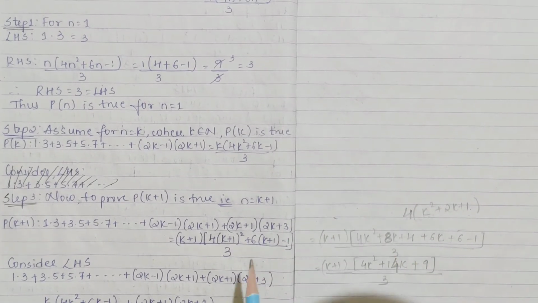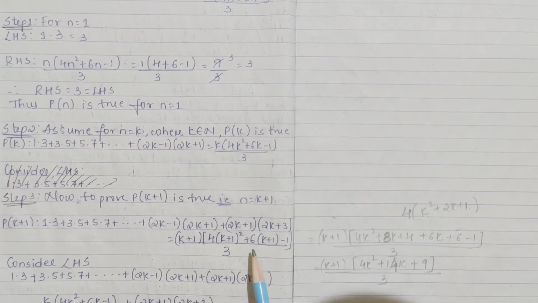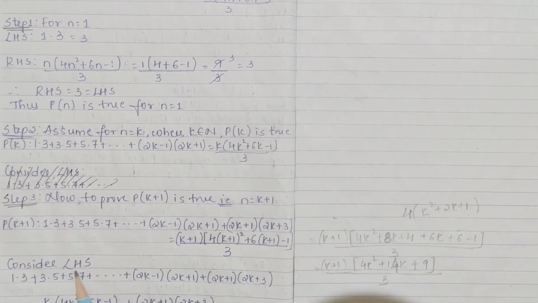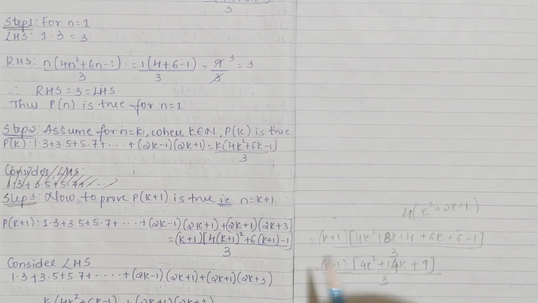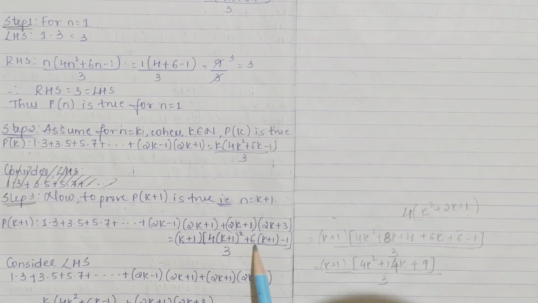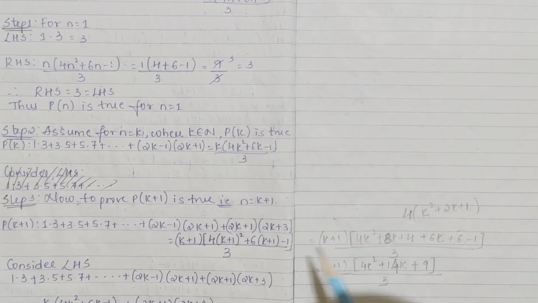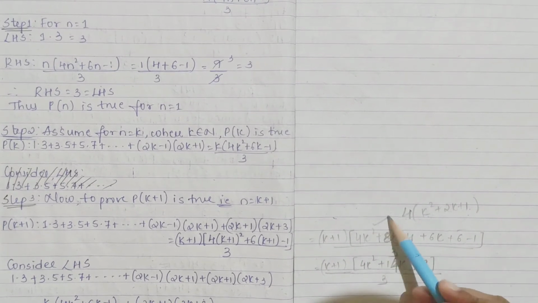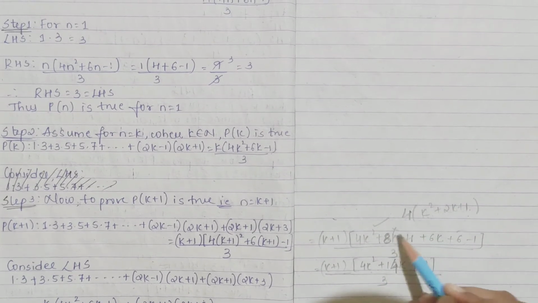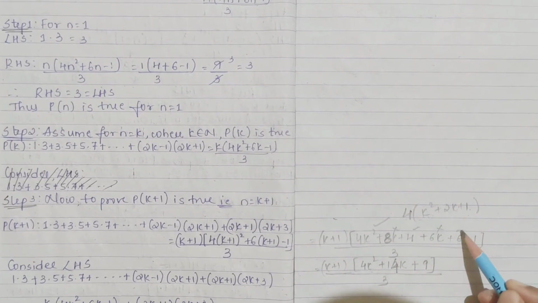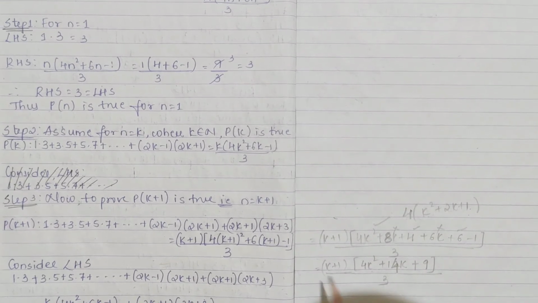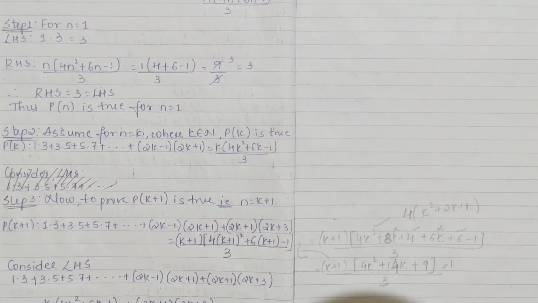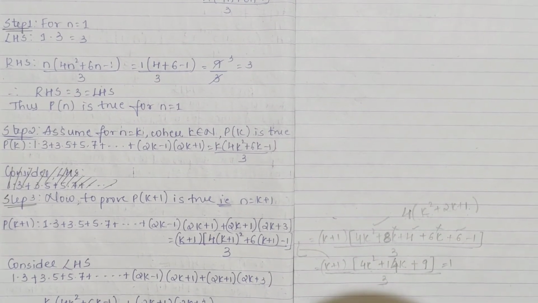Just simplify it because it is a little bit complicated, right? I didn't have space, so I have written here in pencil. You can write it before writing this LHS. After this, just write this step. Then plus 6k, multiplying 6 into k is 6k, plus 6 1s are 6, minus 1, whole divided by 3. Then k plus 1 into, see, 4k square, 8k plus 6k is 14k, 6 plus 4 is 10, 10 minus 1 is 9, whole divided by 3. So this is your RHS when you simplify. You can write everything here so that it will be easy for us to simplify.